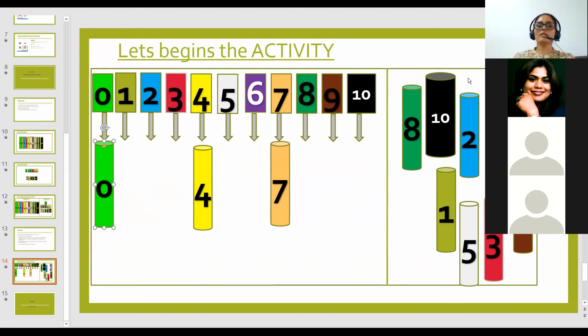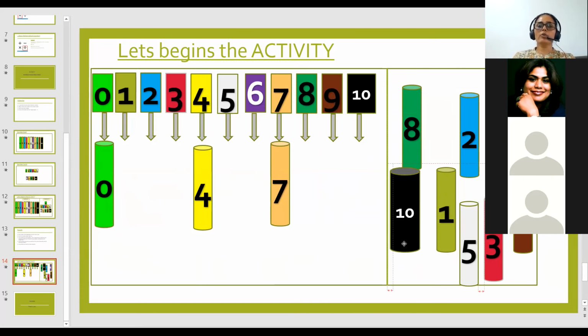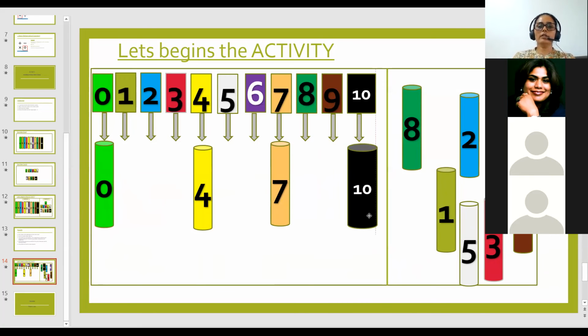Okay, next we take is 10. Black. Last one. Okay, so I have to match 1 and 0 on the rod. So this is the black rod which I need to pick up and place it over here. I'm matching this. Now we have understood the sequence, how it is working. So the cards have to match with the rods, and the numbers also automatically will match.